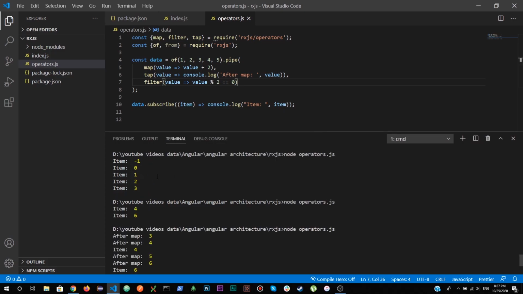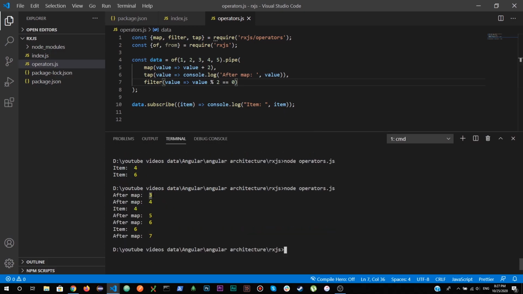Okay, so first map returned 3, which is not even. Then after map returned 4, which is even, so it has printed. Then it returned 5, then it returned 6, which has been printed. Then it returned 7. So tap is actually helping me check if my result is correct or not, right? These 3 operators are really important for you to learn, and without these operators,